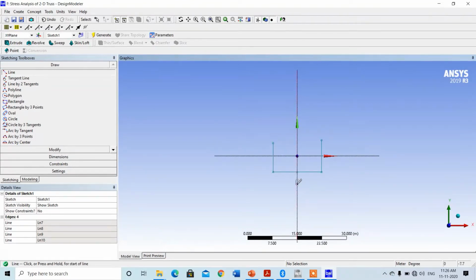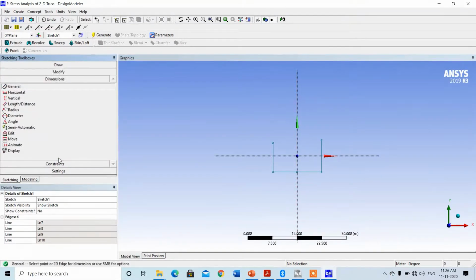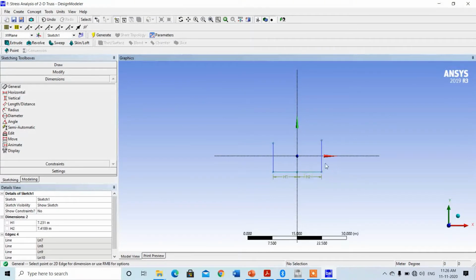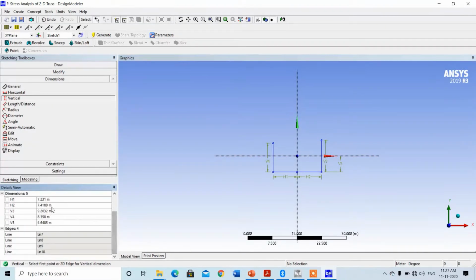Okay. So, hereafter I want to give the dimensions first of all. Click on General, simply click on the line and click here. This is the horizontal dimension, this is the vertical dimension, and this is also a vertical dimension. I want to provide a center distance for this vertical line. So, just modify all the distances. Horizontal is 3 meter, this is also 3 meter, the vertical half distance is 1.5 meter, and the remaining all are 3 meter.